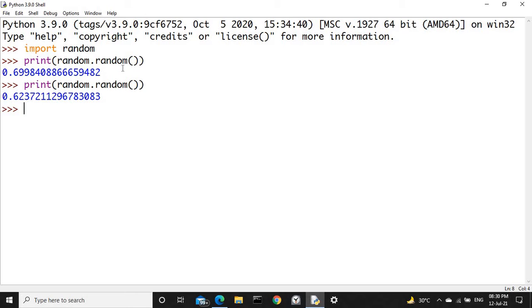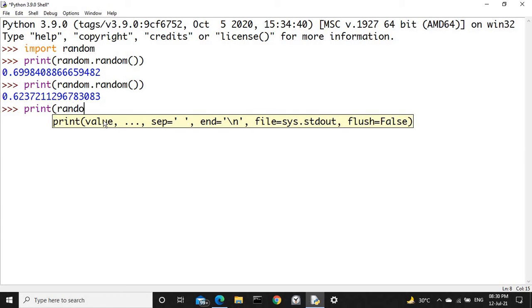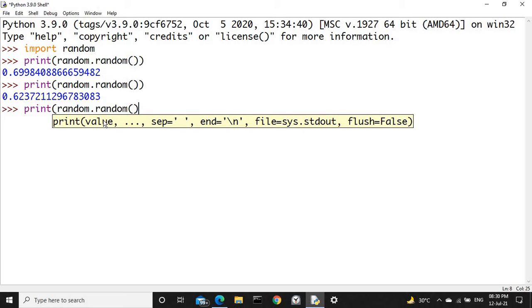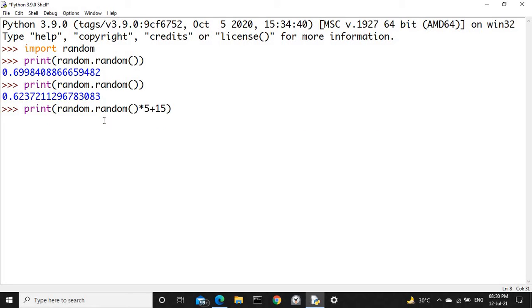Once we have imported this random module, we can use all the functions under that. So print random.random() * 5 + 15. So the difference is 5, and the lower limit is 15.